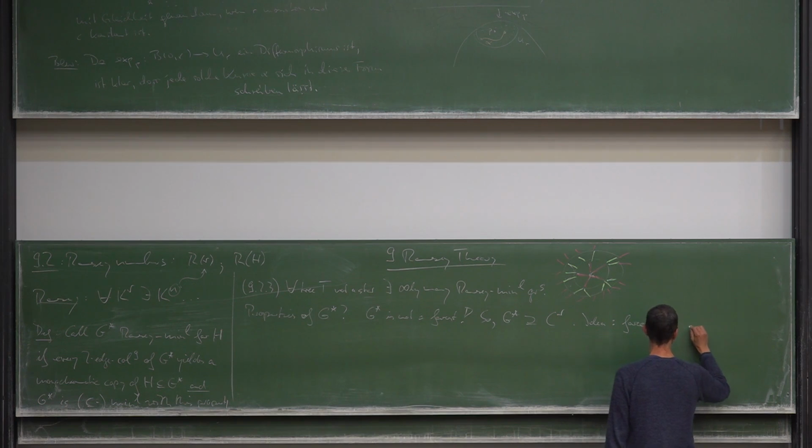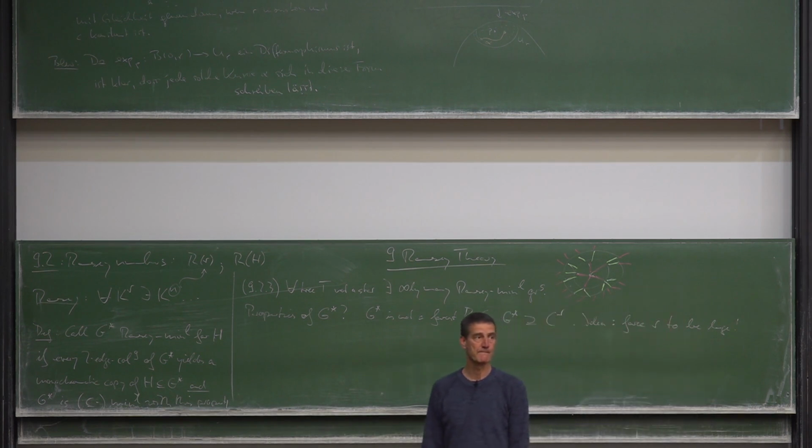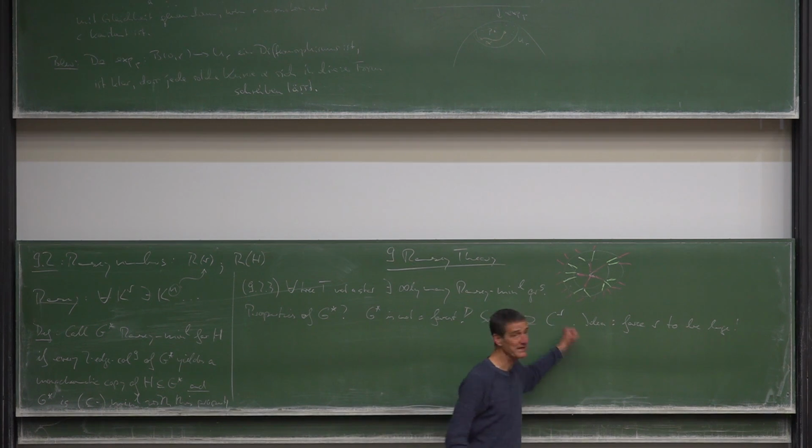Idea: force R to be big. If we can make this cycle as large as we like, then we get infinitely many G stars. Clearly, if we have found one G star, choose the next little r one bigger than the entire set of vertices of the G star we just found. So if we can make this cycle long,